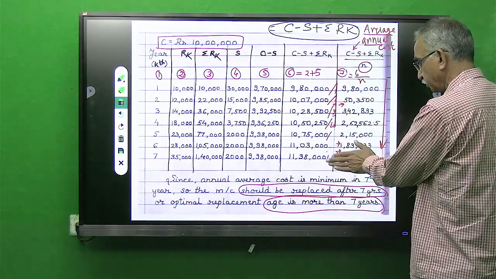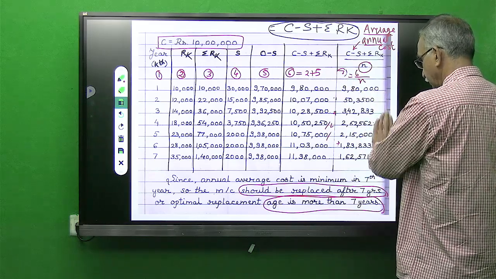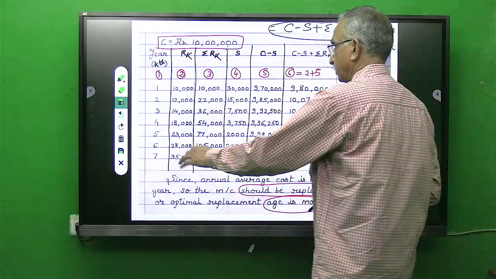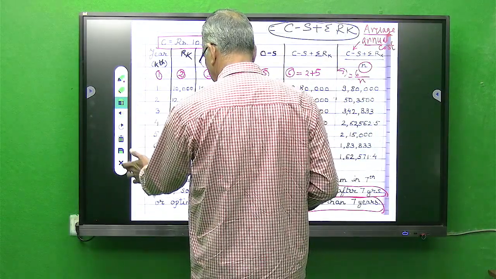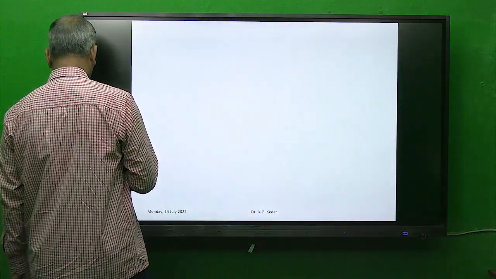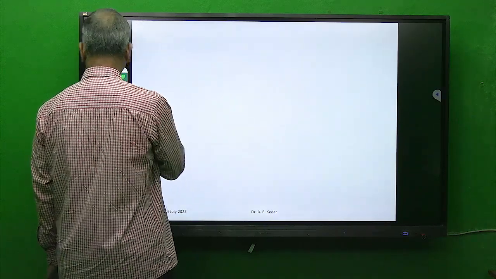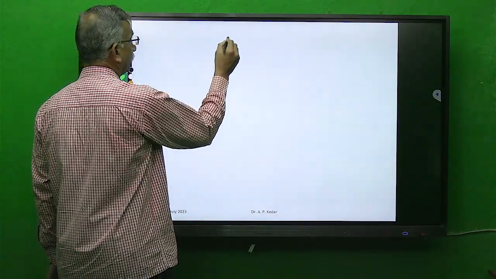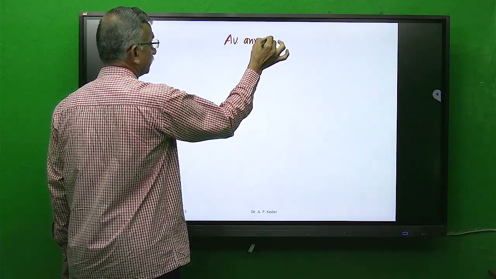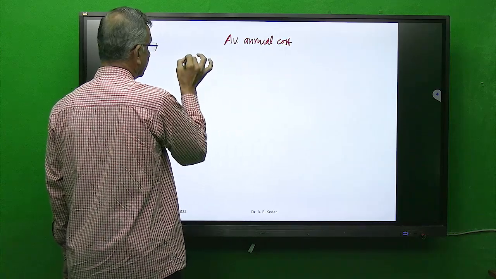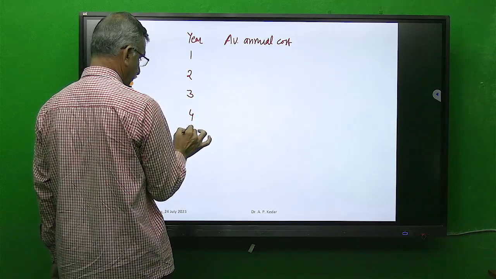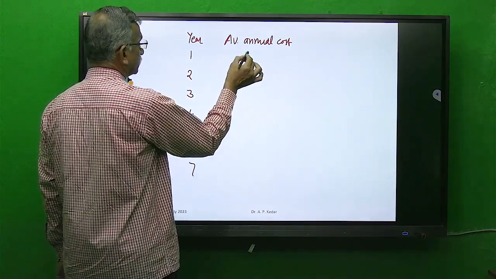My explanation regarding this problem is over, and what I want to emphasize now is, suppose we get, I will write that on the previous slide, suppose I get the average annual cost for any problem like this for different years, 1, 2, 3, 4, 5, 6, 7, as suppose